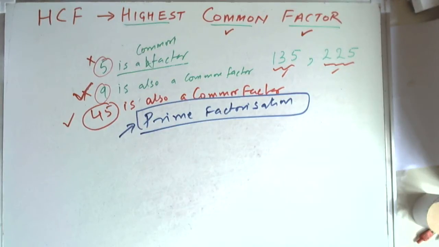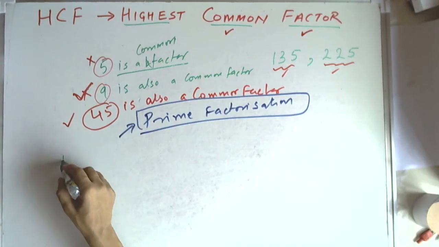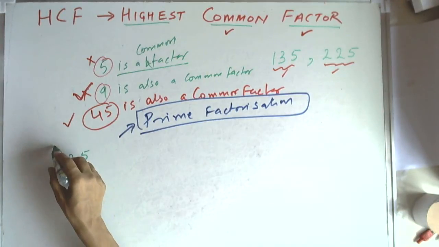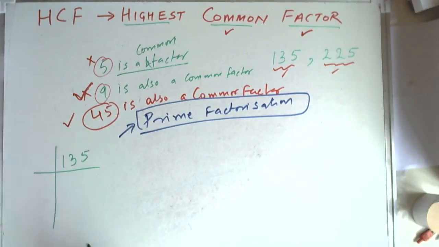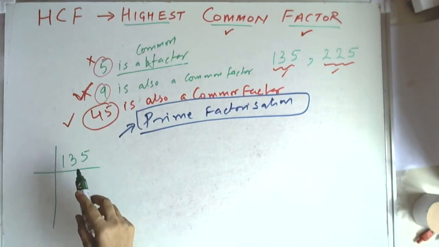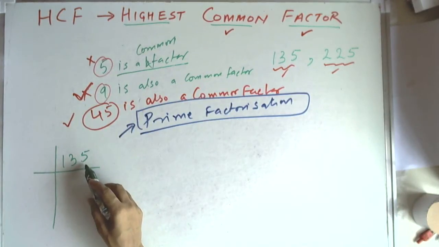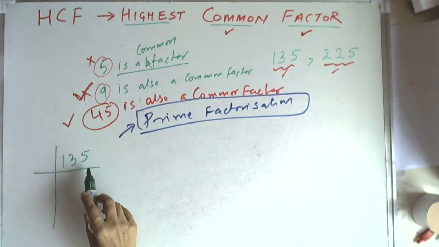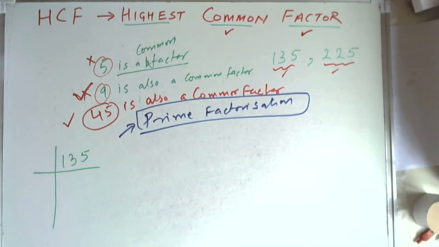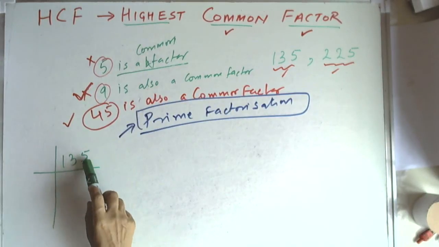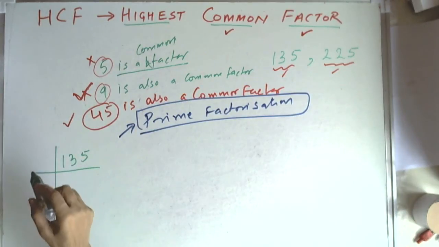So what we will do is, we will do prime factorization for both these numbers. So we start with 135. How do we do prime factorization for 135? First of all, we start with number 2, because 1 is not a meaningful factorization. So we always start with 2 and check whether 135 can be divided by 2 or not. Because the last digit is not divisible by 2, it will not divide by 2. What about 3? Now we check. The sum of the digits is 9, 5 plus 3 is 8 and 1 is 9, and hence it will get divided by 3.